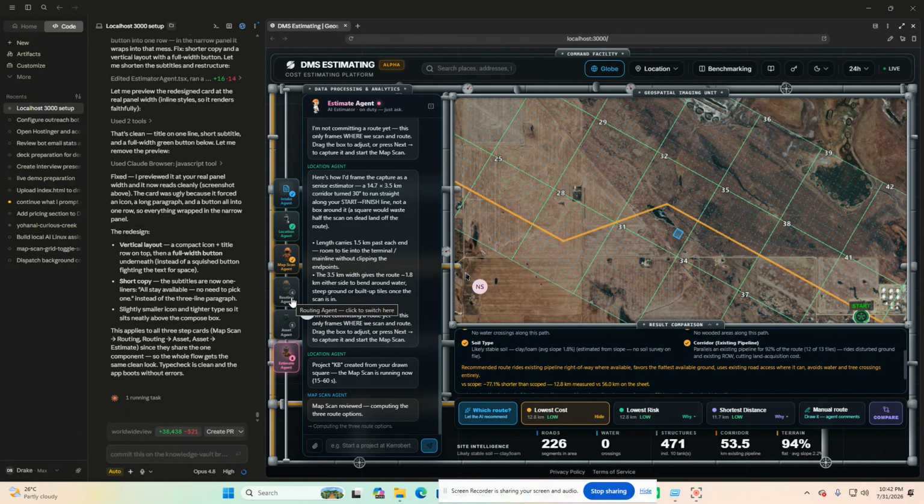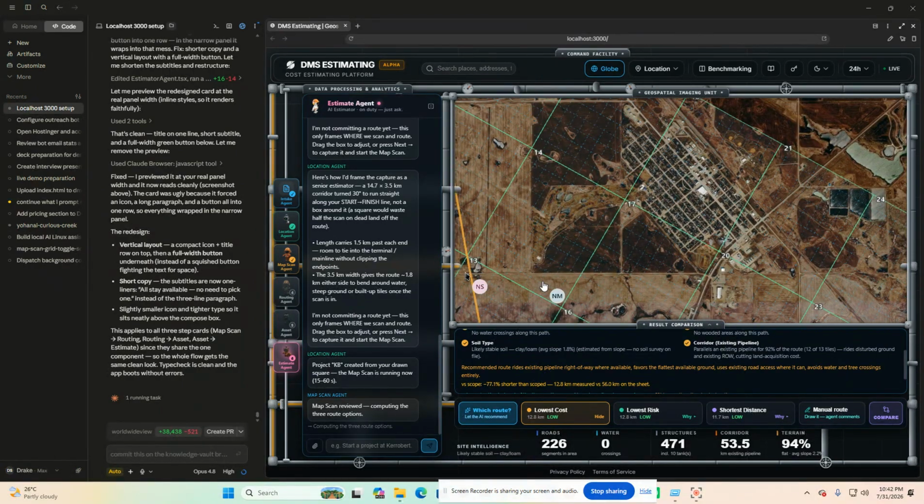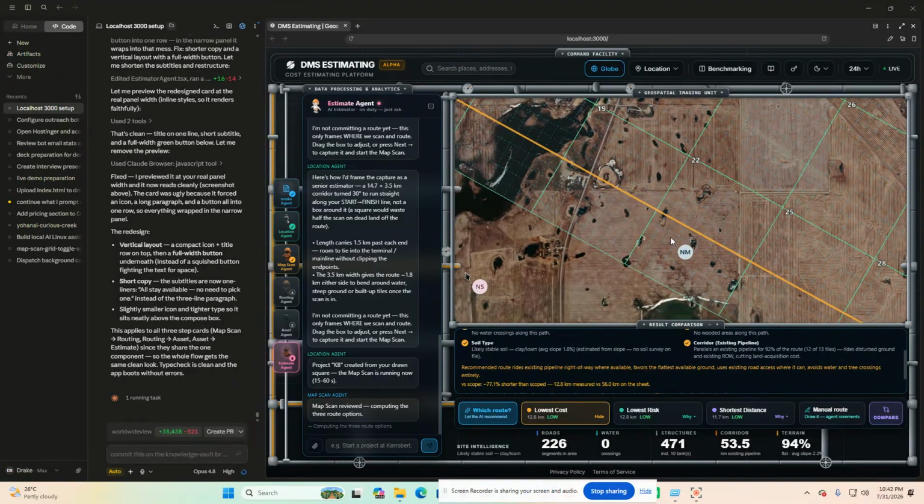Regarding the existing pipeline that you mentioned earlier, it's possible that we can use it instead and avoid the towns. Okay, don't make those changes yet. We know those can be done, but let's move on to the estimating agent now. Sure, we can make those changes later, right? At least the concept works on the mapping and the pipeline routing.